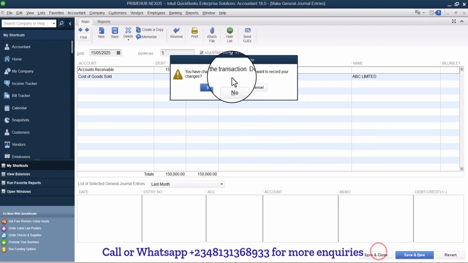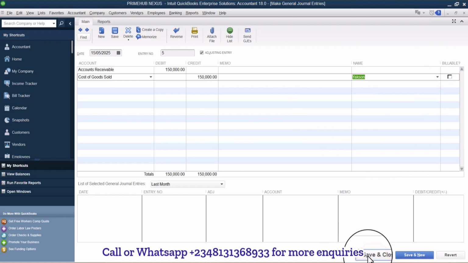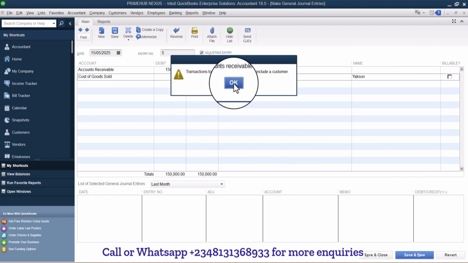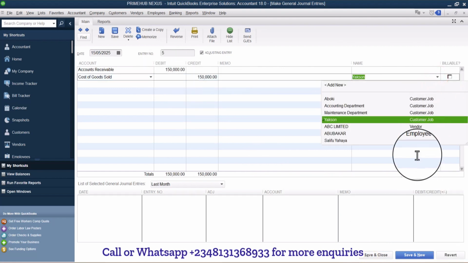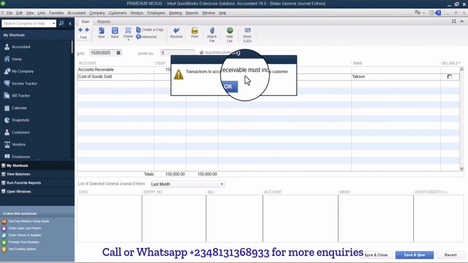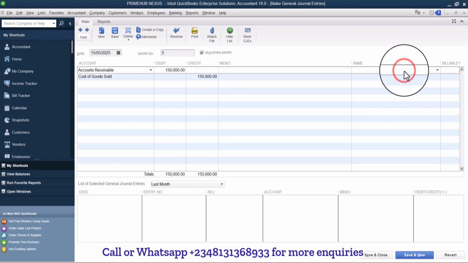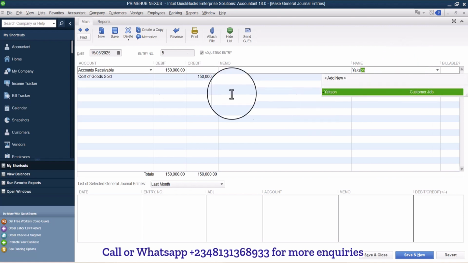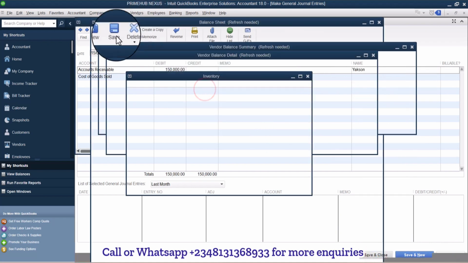Now if you hit save and close, okay, hold on, let's change this vendor to customer. So let's say it's Jackson. Now save and close. Yes, save. The transaction to account receivable must include the customer. Okay, so let's pick this up one. This should be Jackson. Oh, the other time it was account payable that was below. Okay, so save and close. Now let's go to